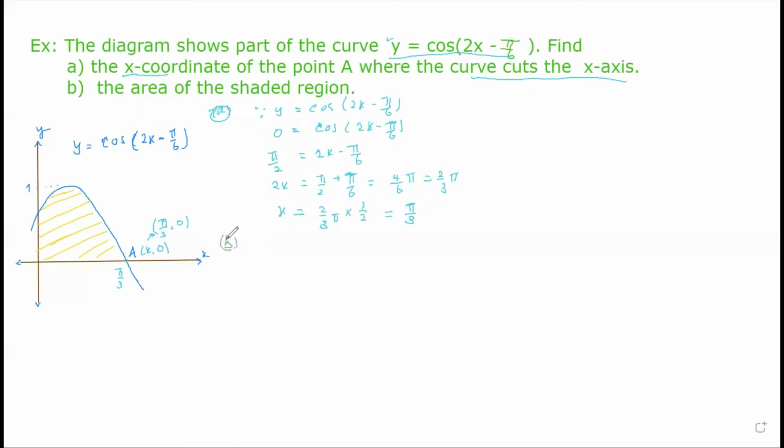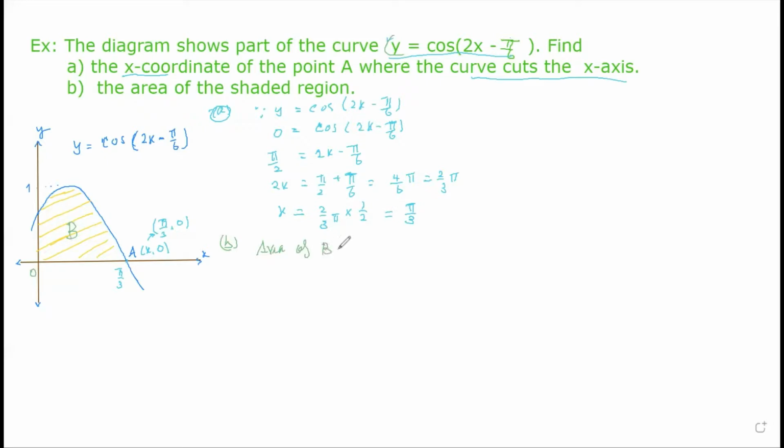5B. The area of the shaded region, so we find the yellow color. Find the yellow color here. Then we have to integrate, right? From 0 to pi over 3. Because of this one, we have differentiated already. This differentiation is like a rate of change, right? So we replace it as a. I can assign this one as area B. I give this one B. Okay, so area of B